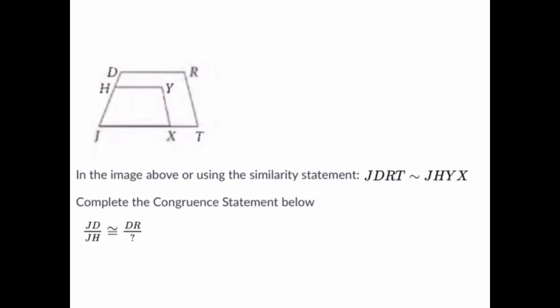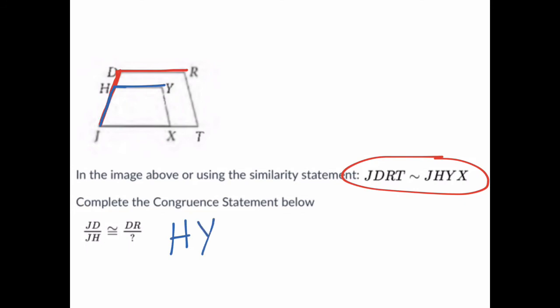And then here's our last one. We want to complete this congruent statement below. So you can either use the image or you can use the congruency statement, whichever one you're more comfortable with. So if we're going to use the image, JD here is along the left-hand side, the large polygon, and JH is along the left-hand side, the small polygon. And then DR is along the top of the large polygon. So we would need something along the top of the small polygon, which would be here, and that would be